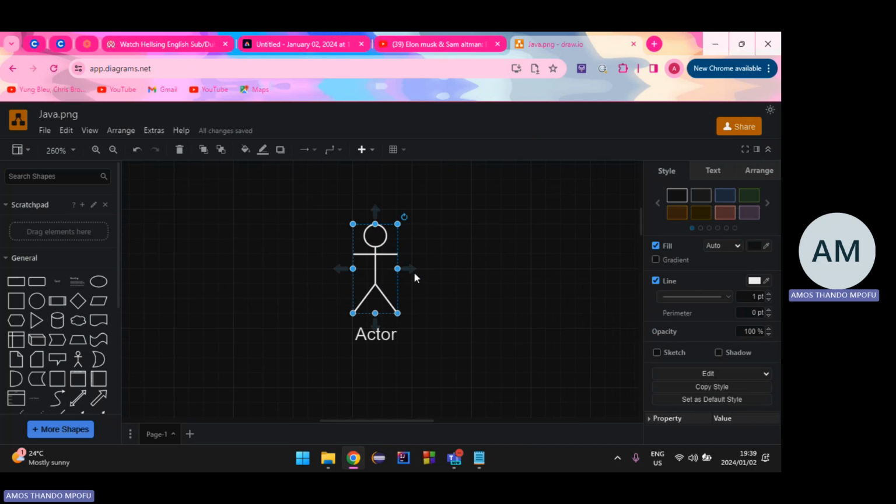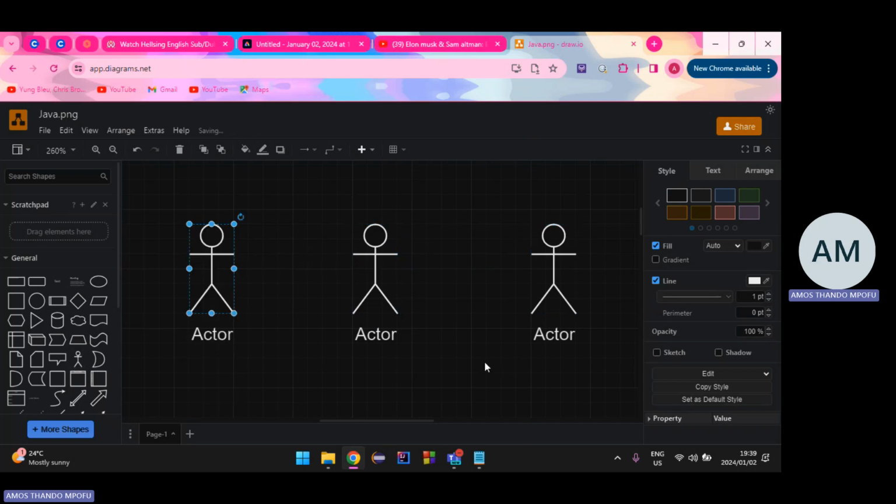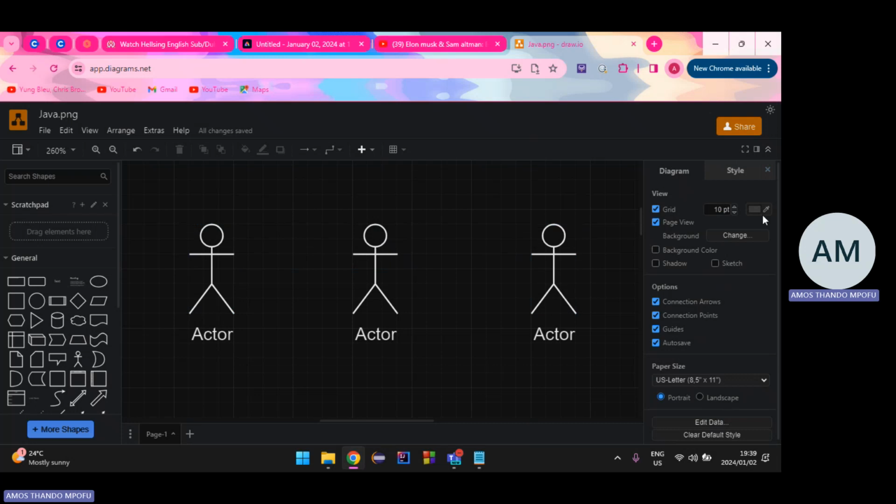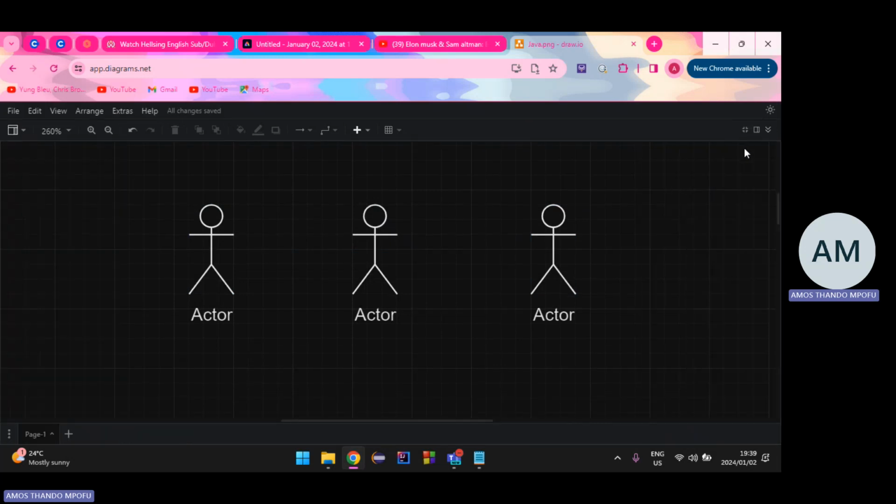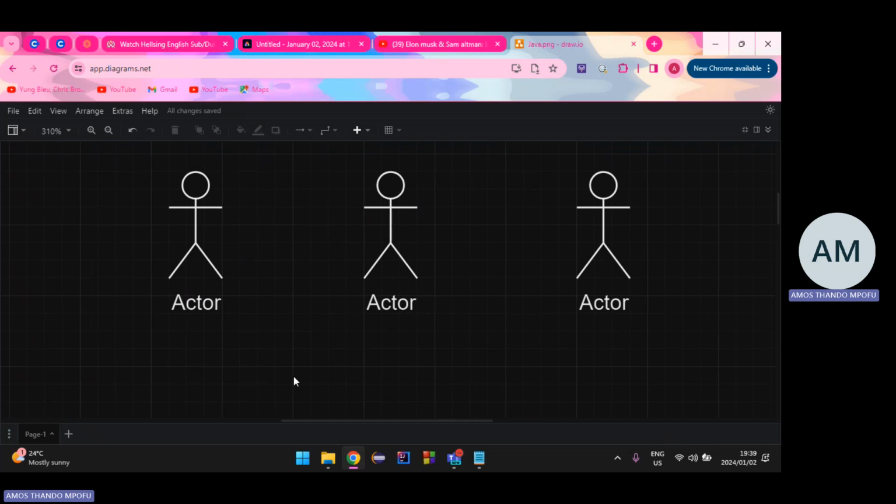So let me demonstrate it in simple terms, right? So let me make it full screen. Yeah, there we go. So you can imagine there's three people, right? Let's just put this person aside a bit. Imagine these two people, right?